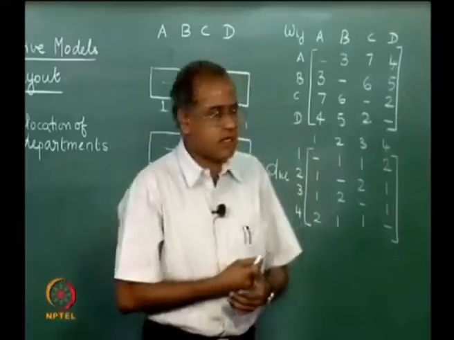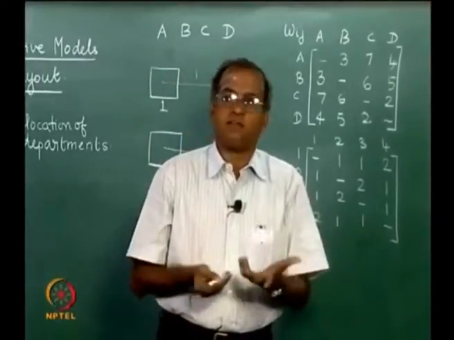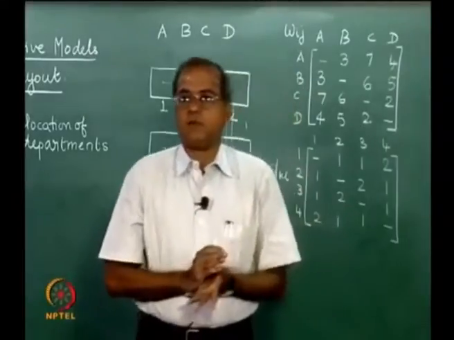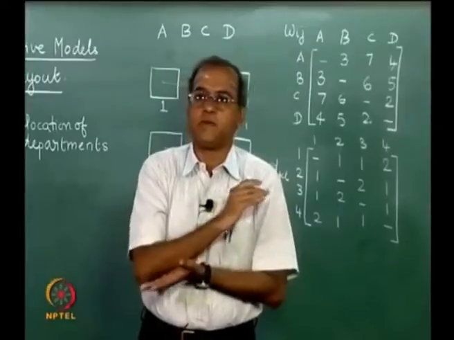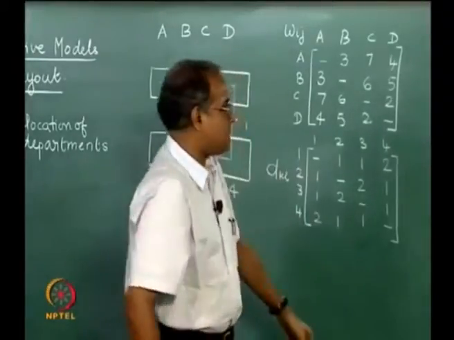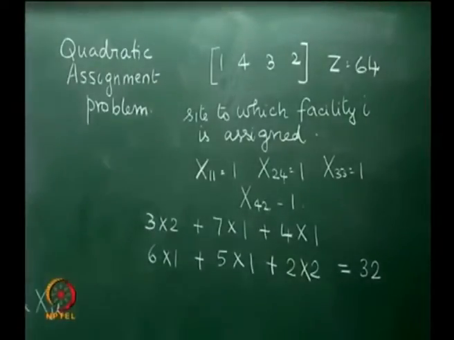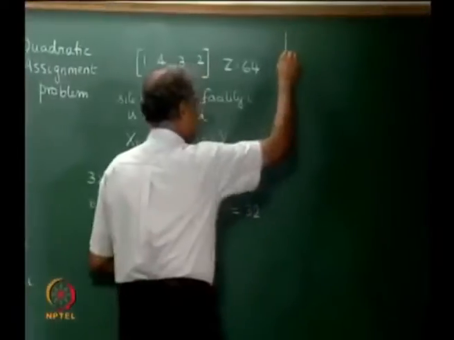So, people have resorted to using heuristic algorithms which try to give the best solution, a near optimal solution, or sometimes slightly more than the optimal in terms of objective function value, because this problem is a minimization problem. So, we will look at one simple heuristic which people have been using to solve the quadratic assignment problem, and that is shown here.